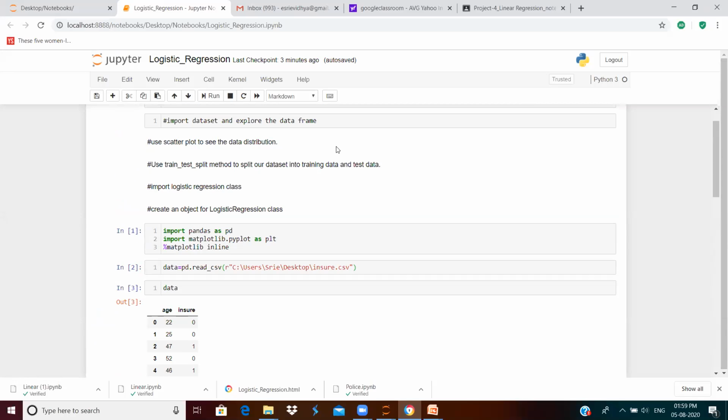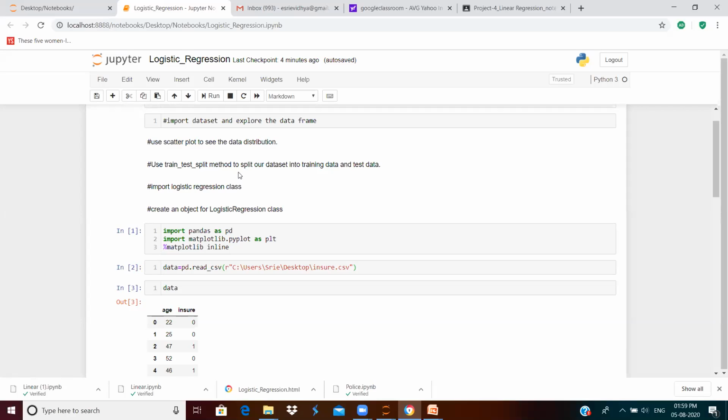we will have to use the train test split method to split our data set into training data and test data. See, this is the point where you will have to focus now, right? In the morning we didn't do this. In the morning for the linear regression we didn't do this, but for logistic regression we need a higher prediction accuracy than the linear regression, right? Because we are going to make a prediction of yes or no, of true or false, right? So you need a better prediction accuracy.